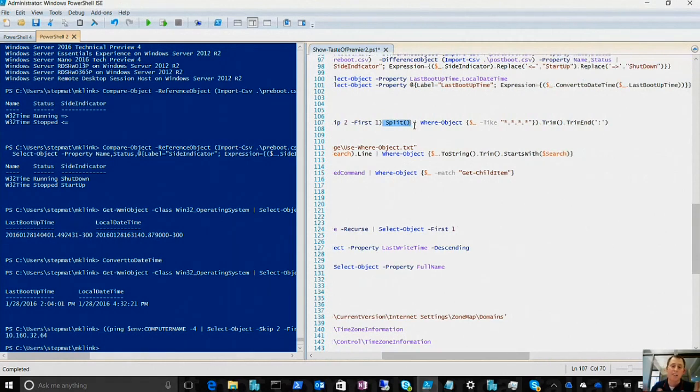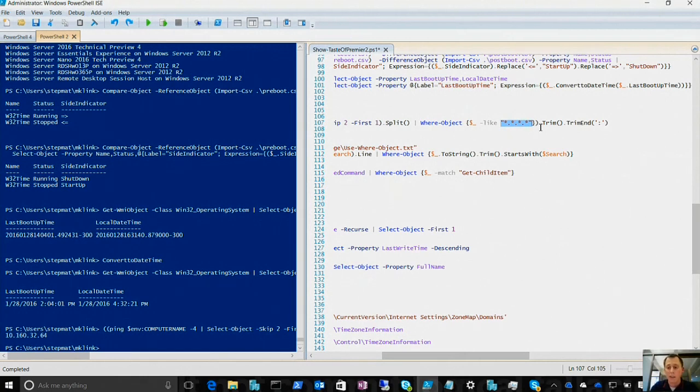So once it splits into the different texts, that becomes an array. And then you pipe it using the pipe command to that where object. And the pipe throws it one at a time. And the where object is where that automatic variable, which is the $_ from the pipe,